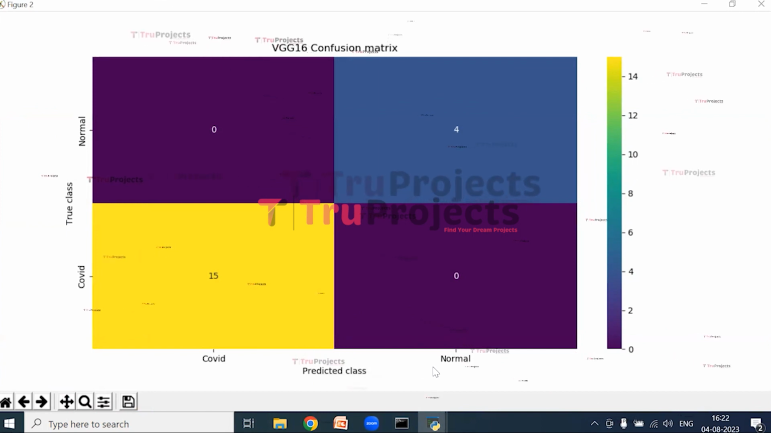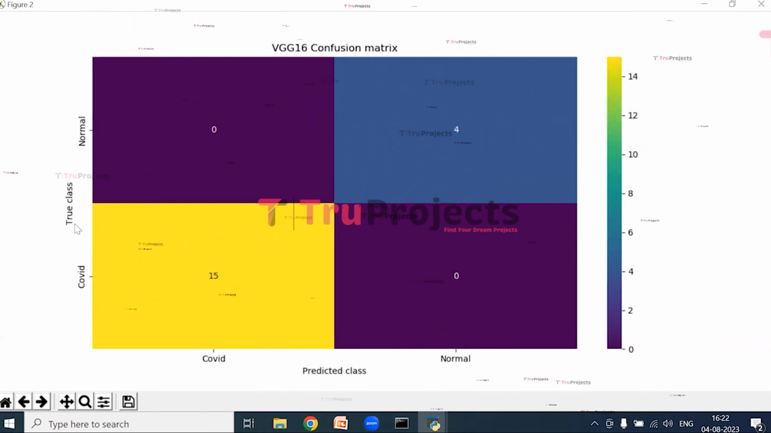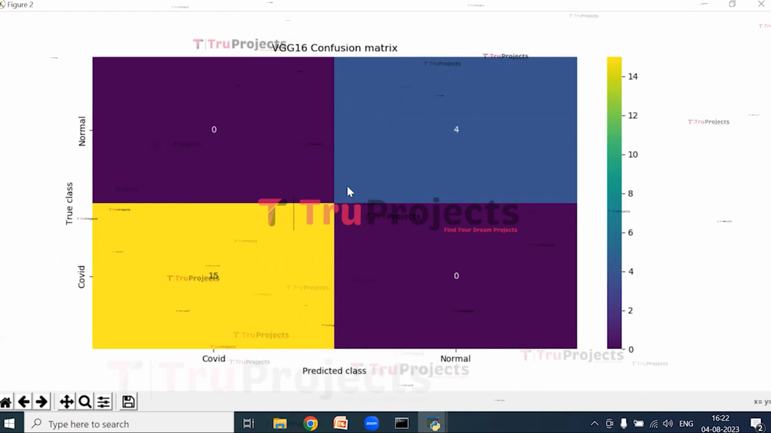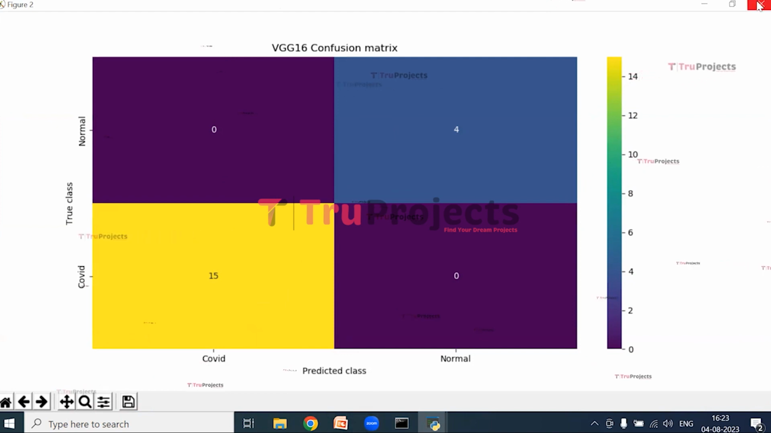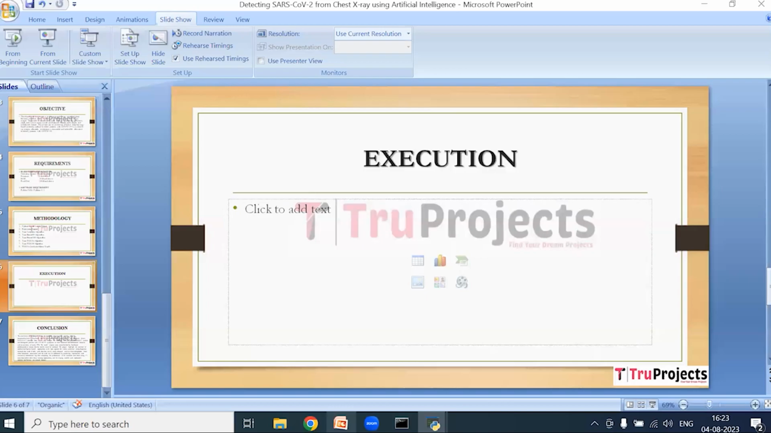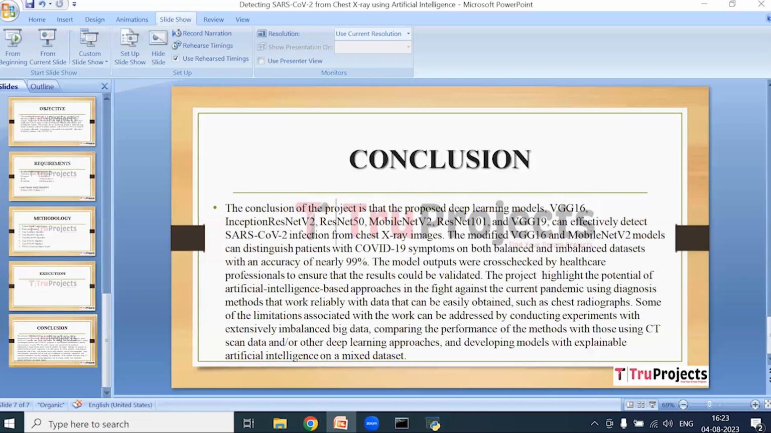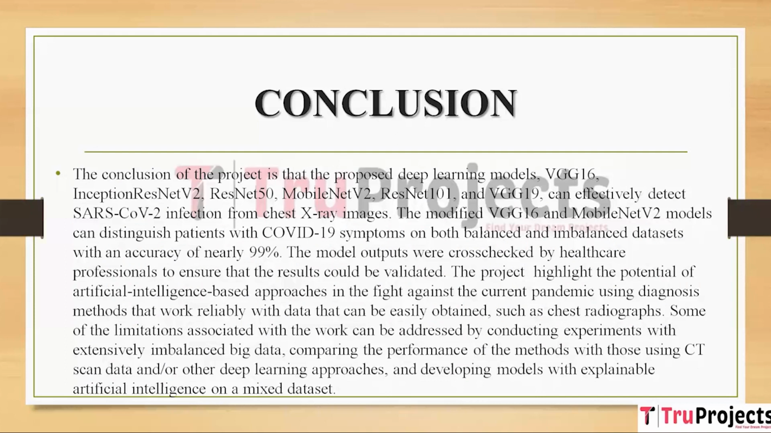X-axis represents the predicted class and y-axis represents true class, and the yellow and this light green color represents the correct prediction and blue color represents incorrect prediction. Now close the graph. And the final conclusion of the project is the project concluded that the deep learning models